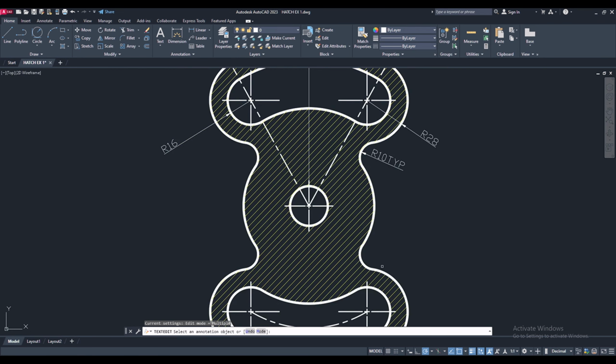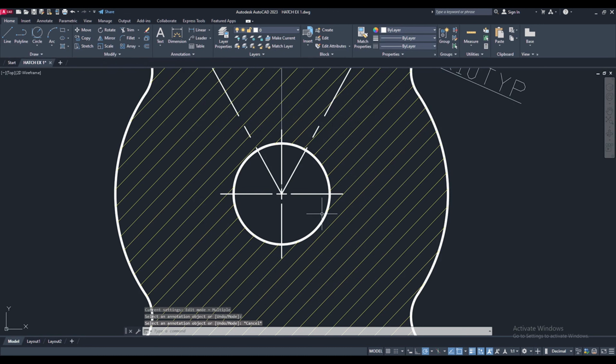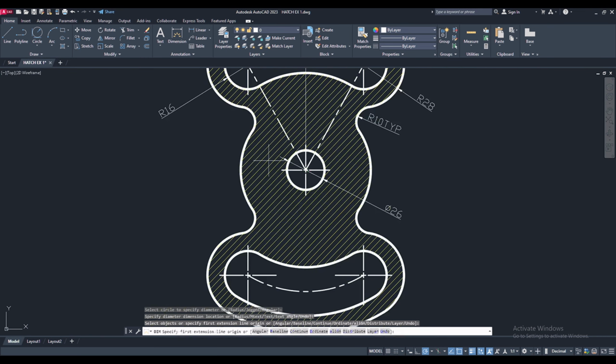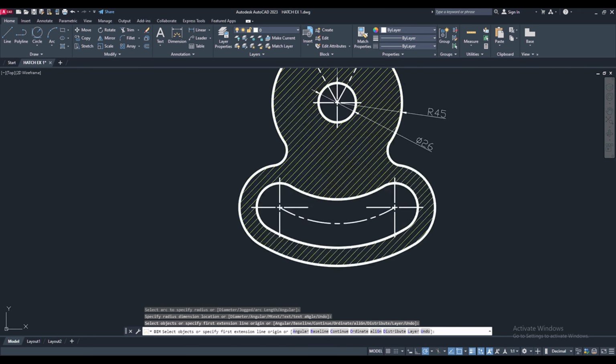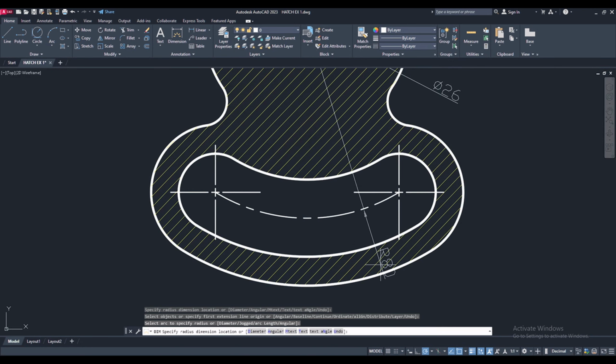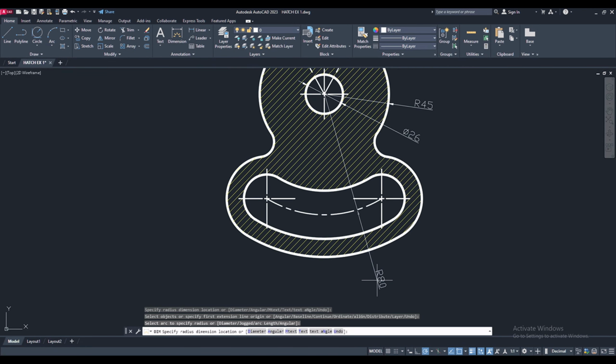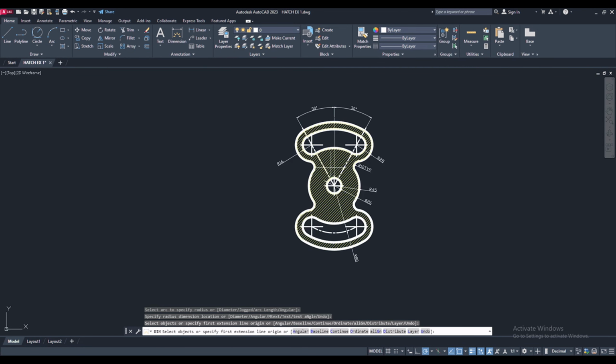Okay. After that, again I can create the inner diameter of this particular circle here. So to do that, again go to dimension, click over the circle like this, and your diameter will be generated. And the outer radius of this circle here I will get is R45. After that, the radius of this arc here I'm getting is R80,